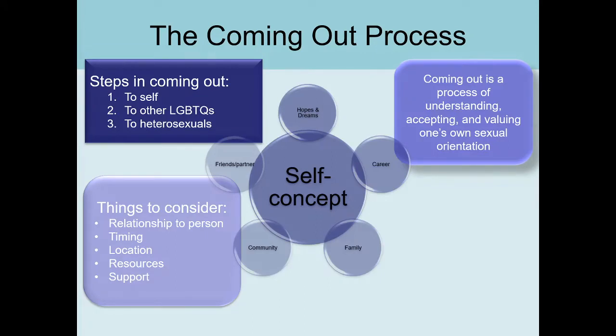Now, the reason why our sexual orientations are so important to us is because it's part of our self-concept, right? Who is our family is part of our self-concept. The career that we're pursuing is part of it. The community that we connect with, and community can be lots of different communities, right? It could be the city that you live in, or the people who you choose to associate with, or the clubs that you belong to. Those are all parts of your community, right? Your hopes and dreams, your fantasies for where you want to be someday in your life. And then you've got who are your friends and who is your partner, right? Those are really big components of one's self-concept.